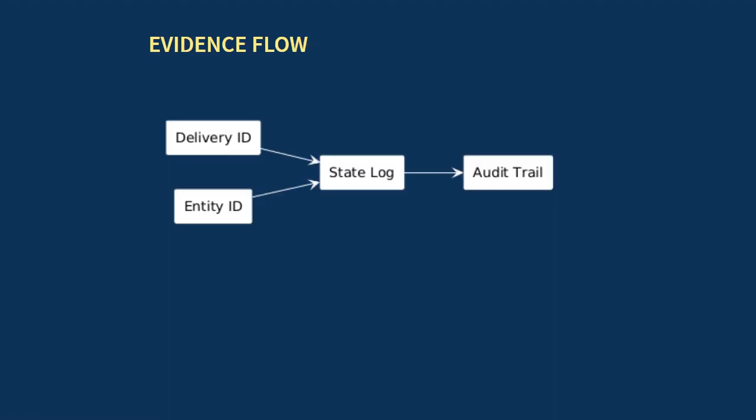This is why the evidence matters. Delivery IDs, entity IDs, state logs, and an audit trail have to line up so you can answer the hard question: what if the worker succeeds but the acknowledgement is lost? And if I cannot reconstruct that sequence from the artifacts, then I do not really have a defense. Correct. The integrity package should capture the claim, the evidence, and the remaining risk.